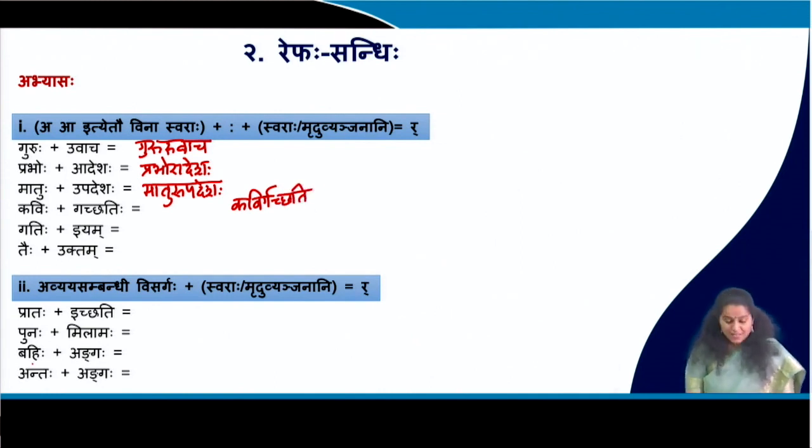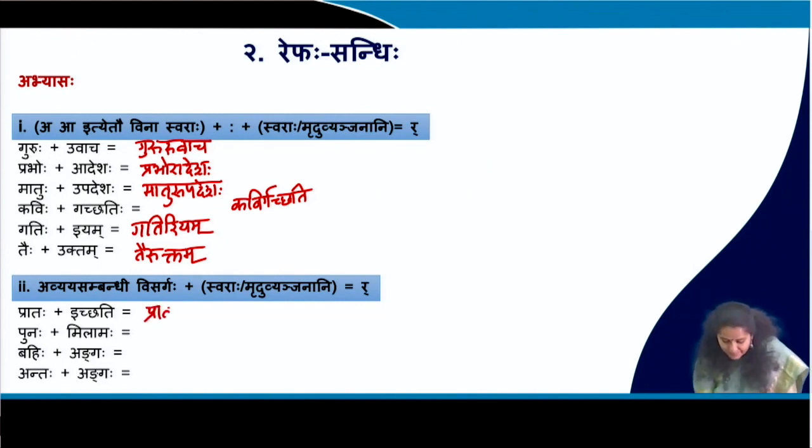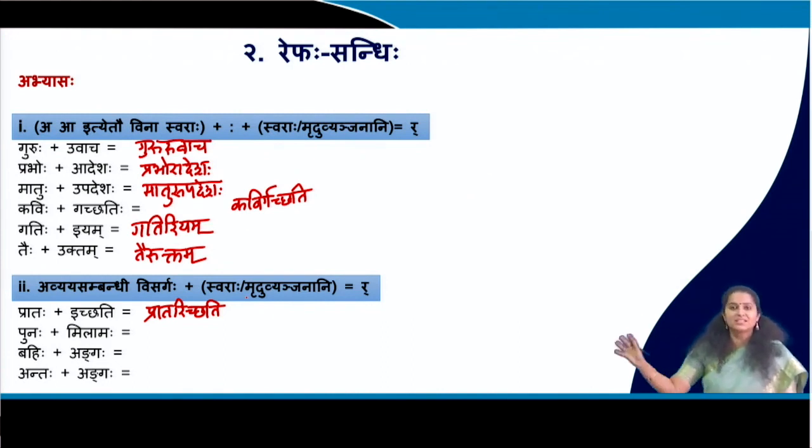उत्तमम्। अग्रे गच्छामः। सो गतिः इयं किं भविष्यति? गतिर्दियम्। And तैः उक्तं, तैरुक्तम्। अस्तु, स्पष्टमस्ति? अग्रे पश्यामः एतत्। तर्हि अव्ययसम्बन्धिनी विसर्गः प्लस स्वराः और मृदुव्यञ्जनानि तेन अपि रकारः भवति। यथा अस्माभिः दृष्टं, प्रातः इच्छति, प्रातरिच्छति। बहु जनाः प्रातः प्रातः चायम् इच्छन्ति, प्रातरिच्छति चायम् इति भवति कदाचित्।